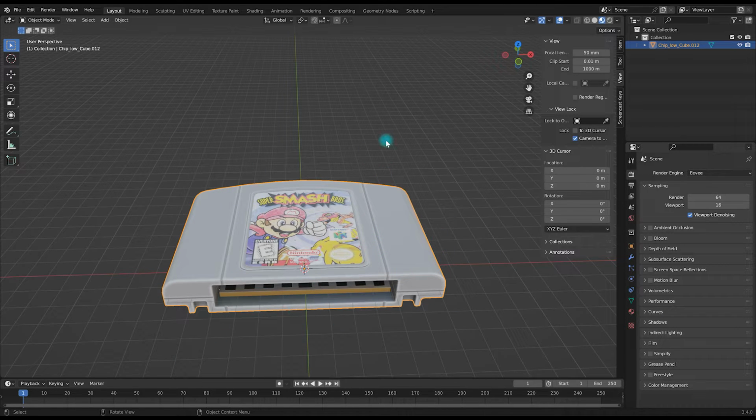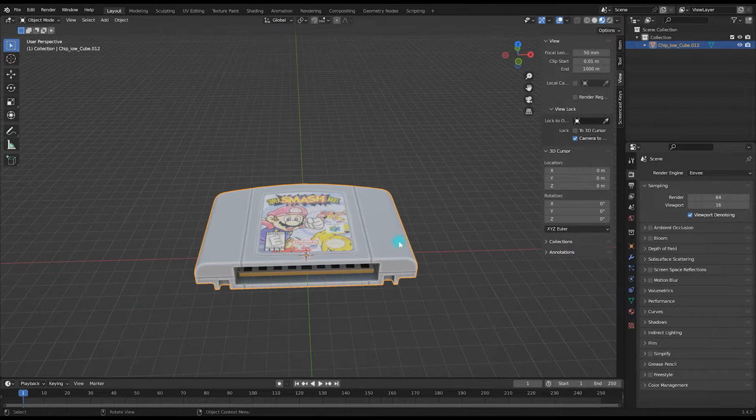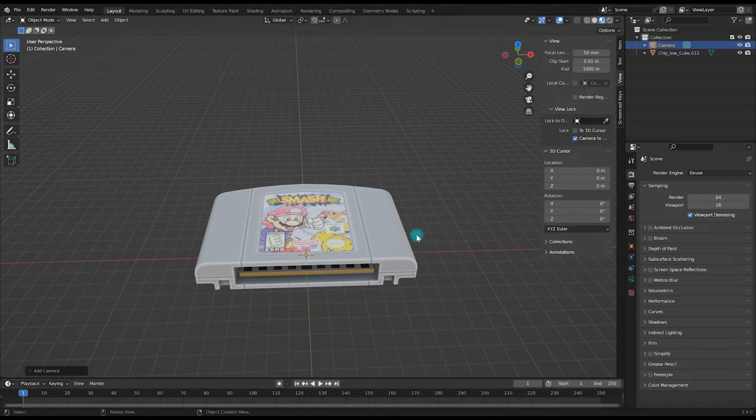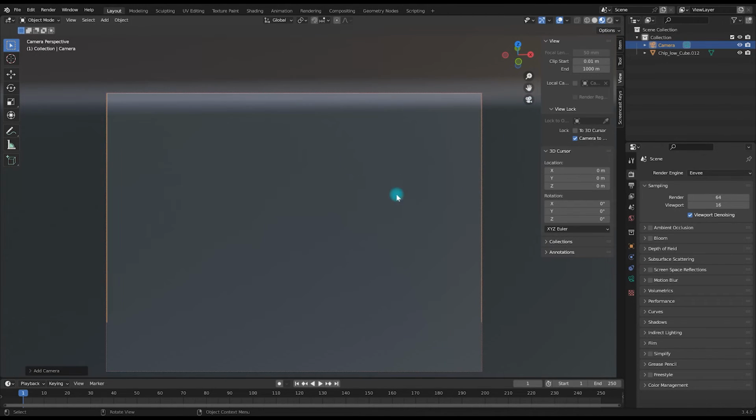I need to have some reflections. So let's go ahead and get started on that. I'm going to hit Shift A, and I'm going to add in a camera because I need a camera in my scene in order for this to work. I'm going to click on this little camera icon, take it there,